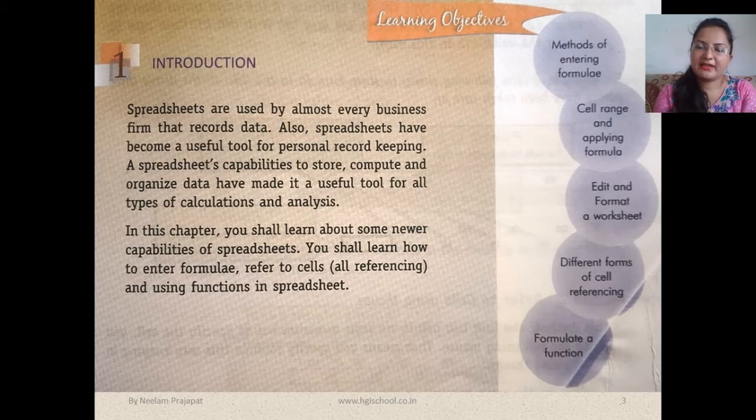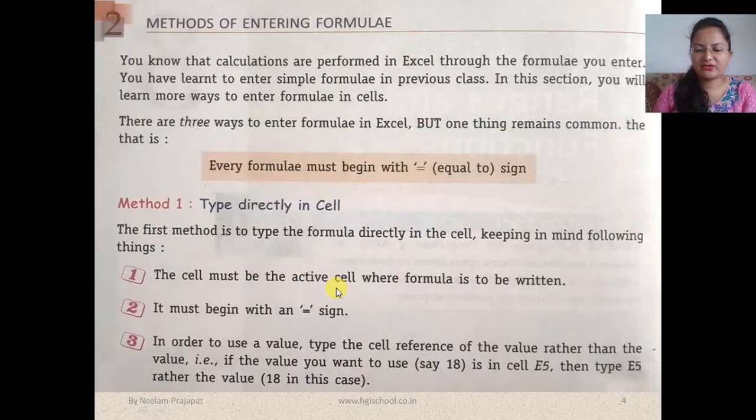And then in that we can perform many types of calculations, and we can do analysis also. So here we will learn about some newer capabilities of spreadsheets, and we will also learn to enter formulae, references for cells, okay, that means cell referencing, and using functions in spreadsheets.